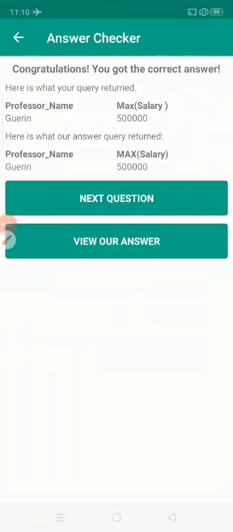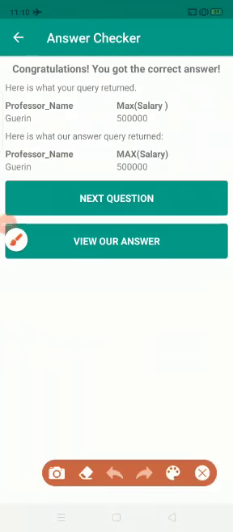When we execute it, it correctly gives the maximum amount, the professor name is also given, and that person is getting the highest salary among all. That is how we get it using MAX.